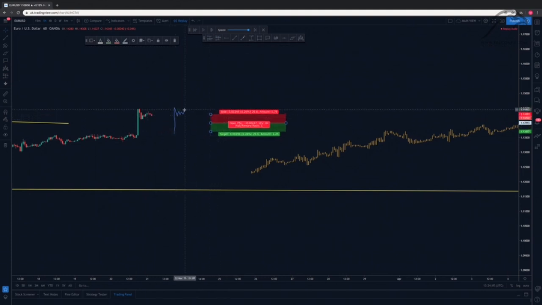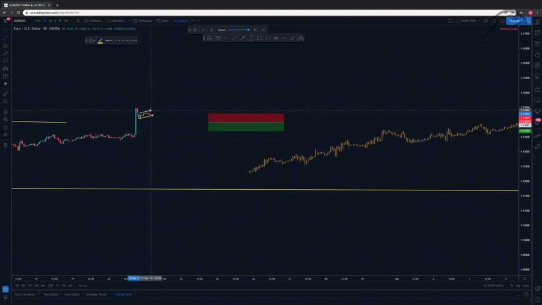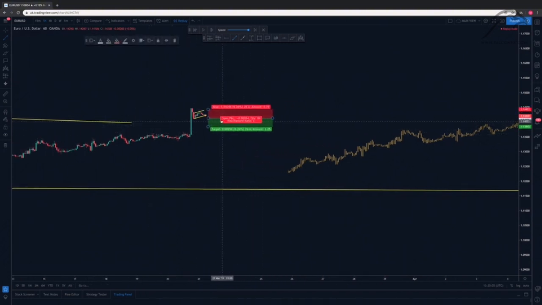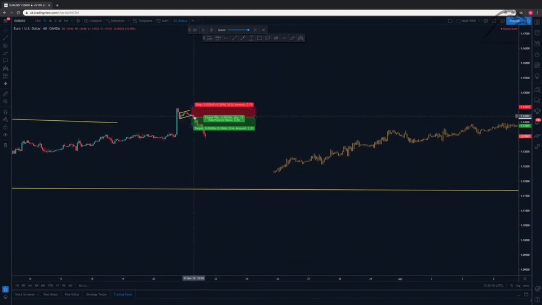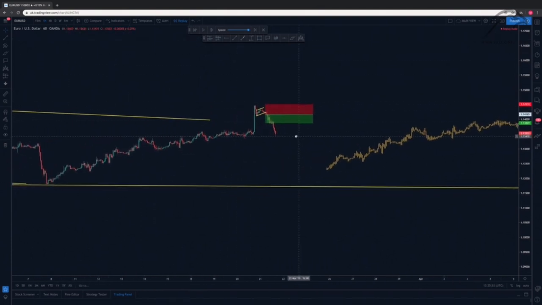Let's just remove this and speed this up just a little bit. So as you can see, we've got our trend line in here, and we've got our 6 to 8 hours. And again, the reason why we're showing you these is because they're not picture perfect and you need to know how to deal with them. So let's say, for example, you've either got on a reduced risk entry on this one, 30 pip stop, or 35 worst case scenario just above the high, and then play. So you triggered in after a couple of hours, you're triggered into the trade, and then as we play out a little bit further,